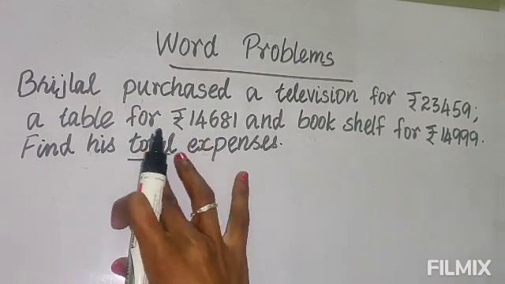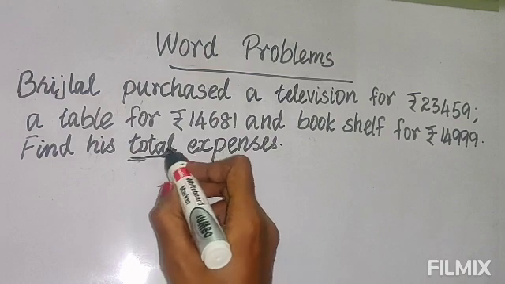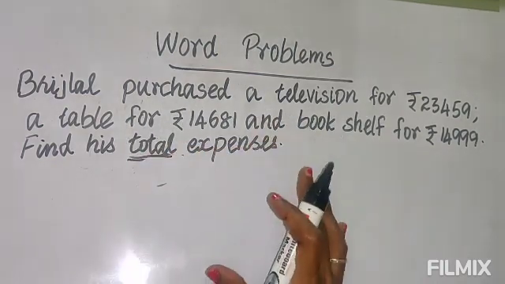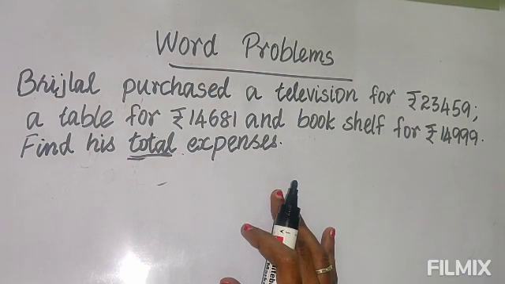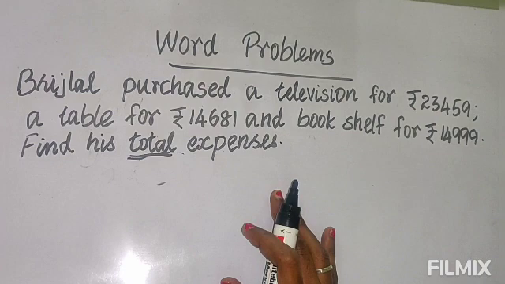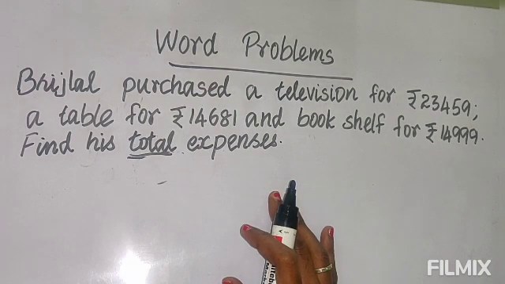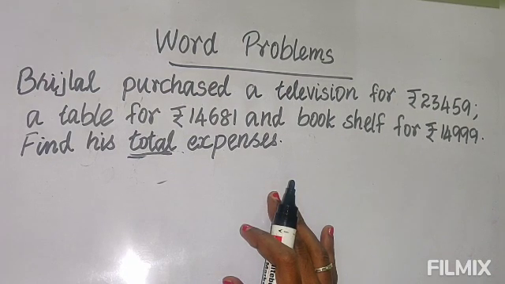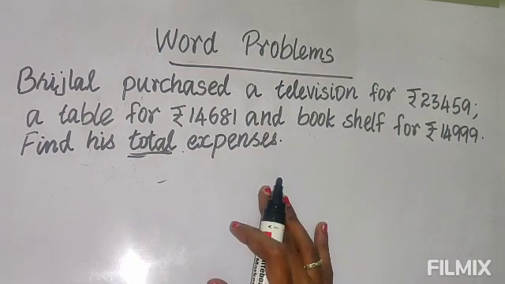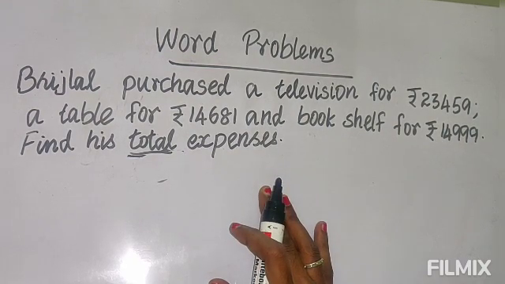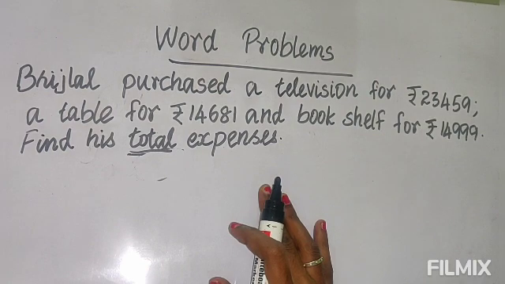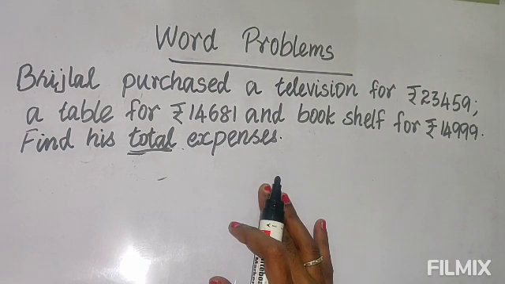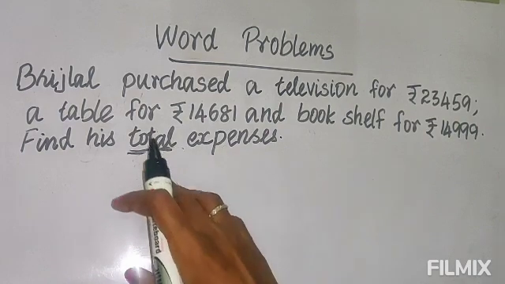Last year also I had given you the keywords to find out what type of problem it is, whether it is addition, subtraction, multiplication or division. I have taught you in class 3 itself. So this year also I will be reminding you again and again which are the keywords for the problems. Here in the addition lesson, you will know to add. But in the exam, they will not mention that it is from the addition lesson. It will be mixed up from all the lessons. So you must know which problem is for addition and which is for subtraction. So better you learn these keywords.